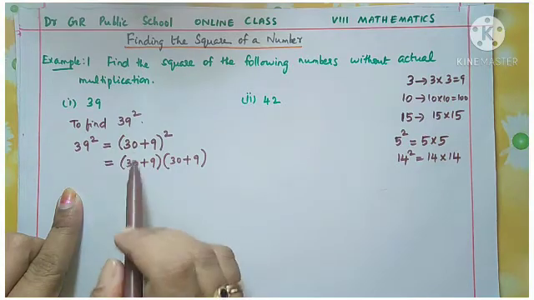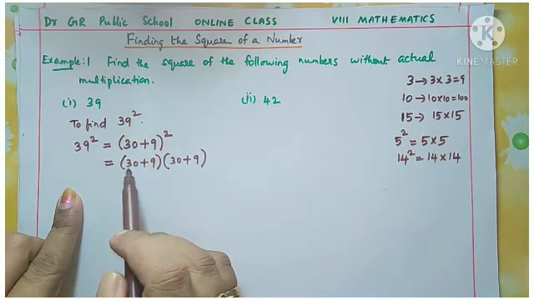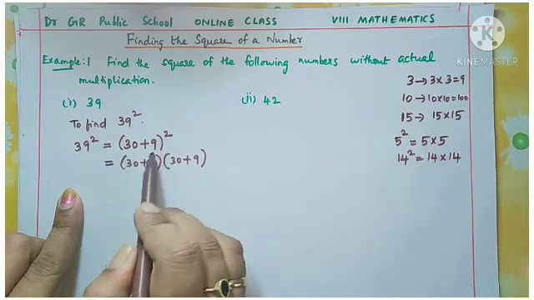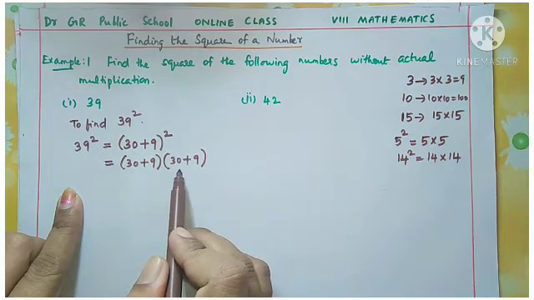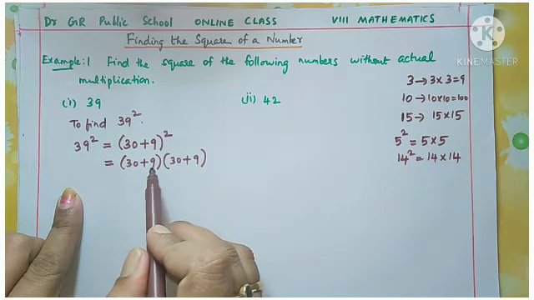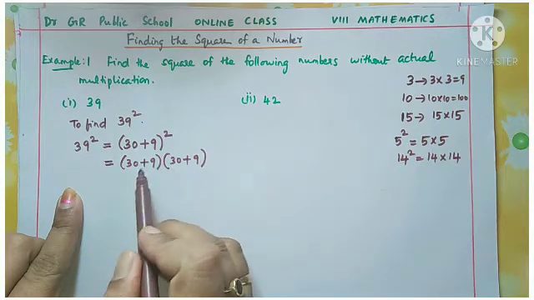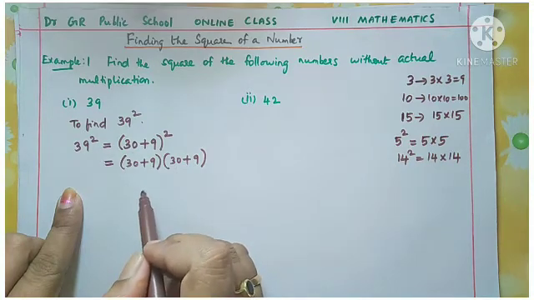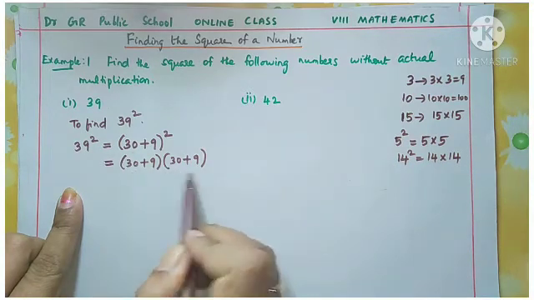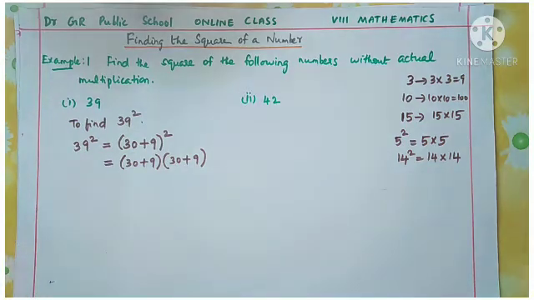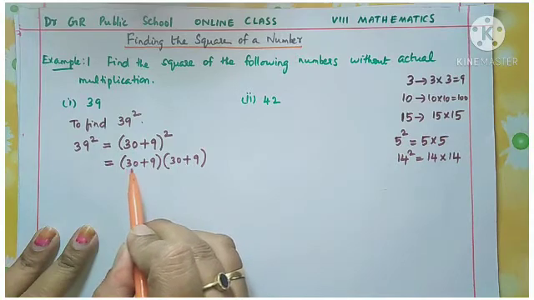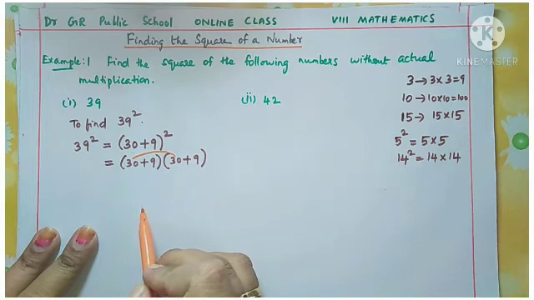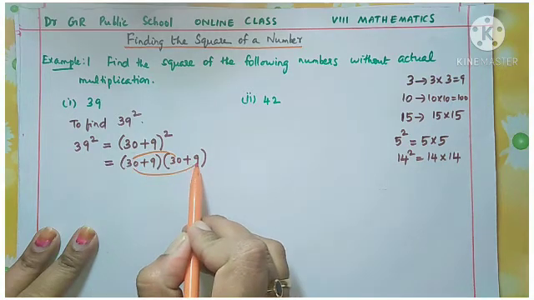Okay, so this is the first step we are using. To find 39 square, we split it as 30 plus 9, the whole square, then wrote it 2 times. Now we want to expand the bracket, remove the bracket. All these types of problems you learned in your earlier classes also, how to multiply and remove the bracket. So for that, first you take this first number 30, and this 30 is multiplied by 30 first,